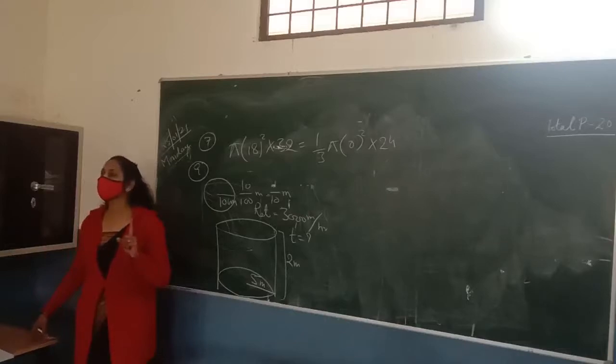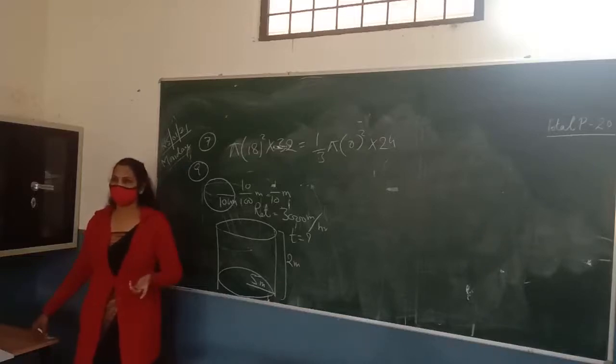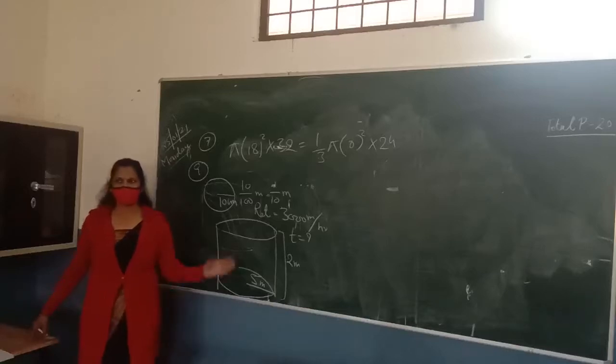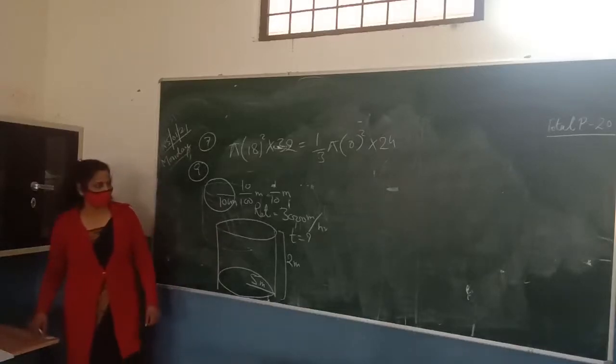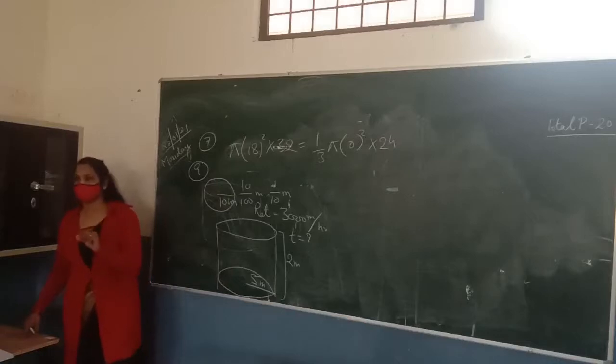हमें टाइम निकालना तो पहले बनाकर करनी बनाकर क्या निकालेंगे? कि कितना वाटर फ्लो होगा. कितना वाटर का मतलब क्या होता है? पाई आर स्क्वायर इनटू एच. What is that here? मतलब रेट ऑफ Rate. So we are going to find the volume. This is the volume of water flowing 1 hour.